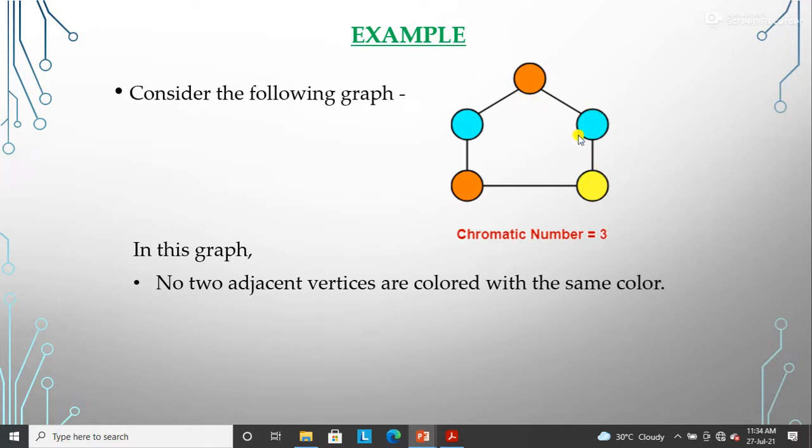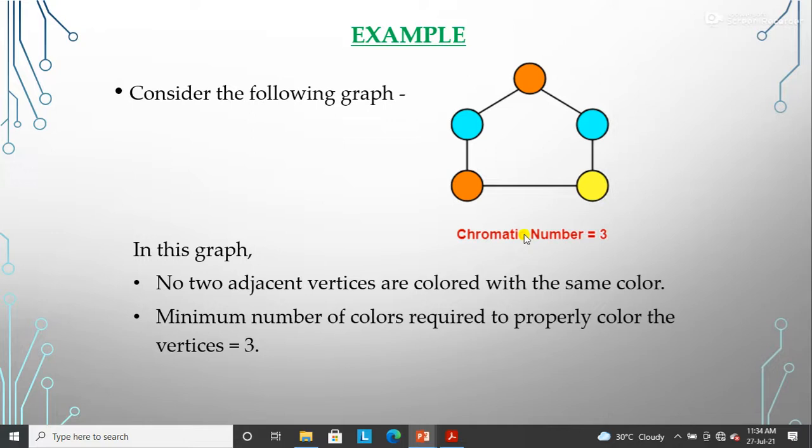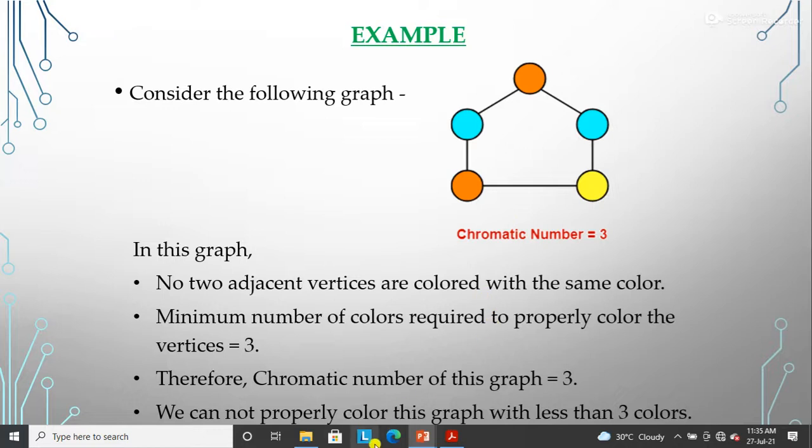And here we assign this vertex this color, because it is not adjacent to this vertex, right? Like that we can use three colors to color each vertex of this graph. So the chromatic number is 3. The minimum number of colors required to properly color the graph is 3. So the chromatic number of this is 3, and you can see that we can't properly color this graph with fewer than 3 colors.